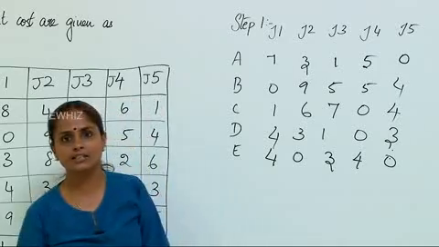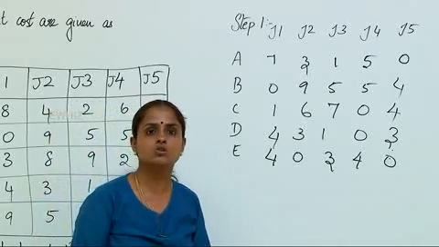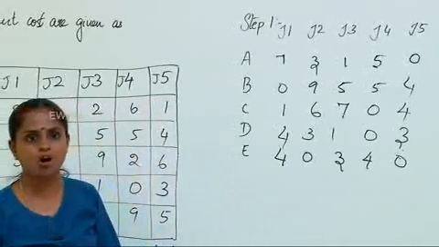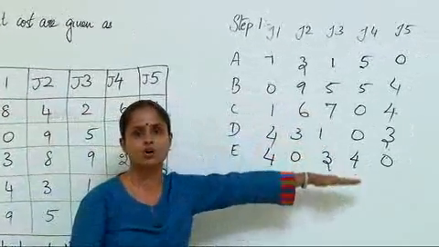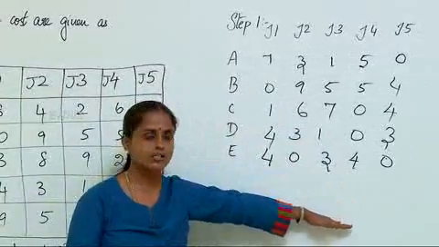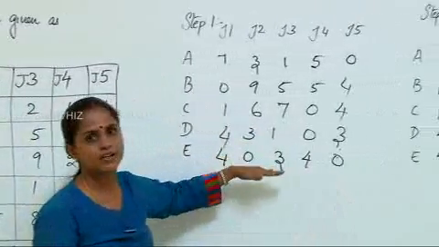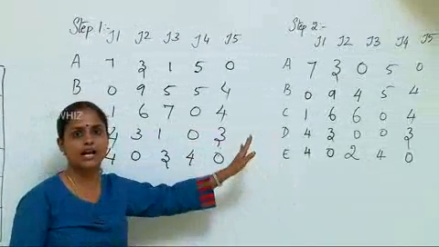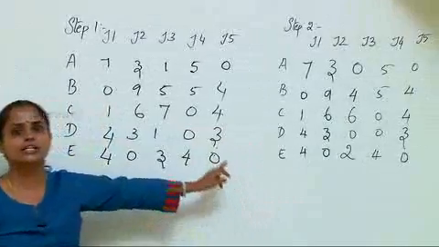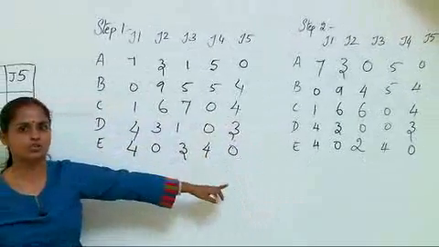If 0 is not there in any particular row, choose the minimum entry, subtract it from all the other entries and convert to 0, and check for the availability of 0 in all the rows. At least one 0 should be present. Once row wise scanning is done, redo the same procedure column wise so that when you scan the data column wise also, each column contains at least one 0.